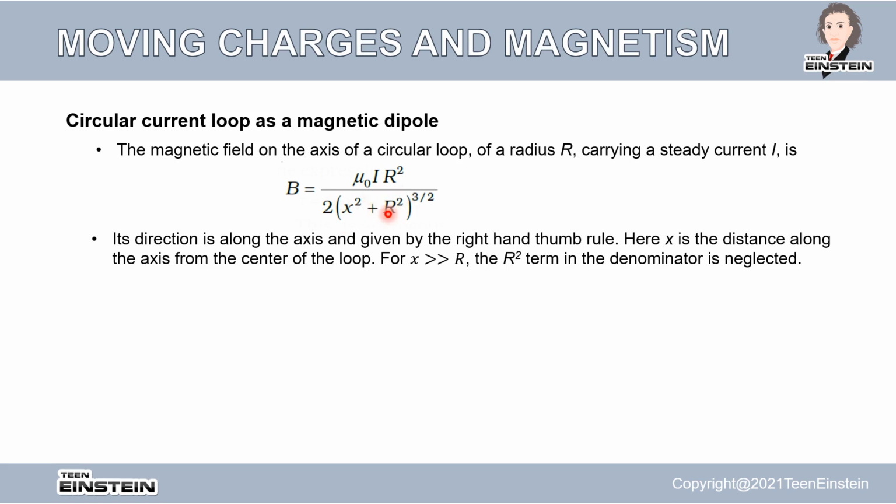Then what about this direction? Its direction is along the axis and given by the right hand thumb rule. So whenever there is a magnetic field involved, we will always use the right hand thumb rule. Okay, so now